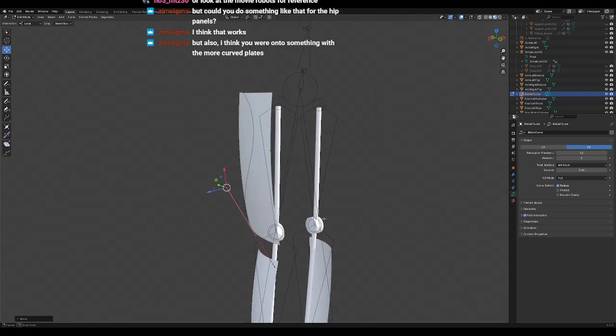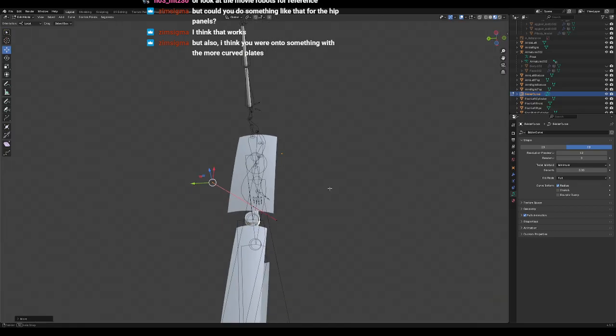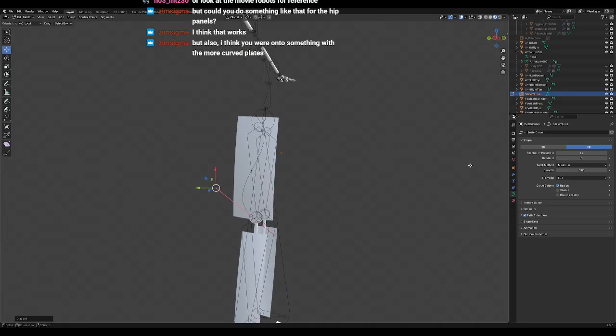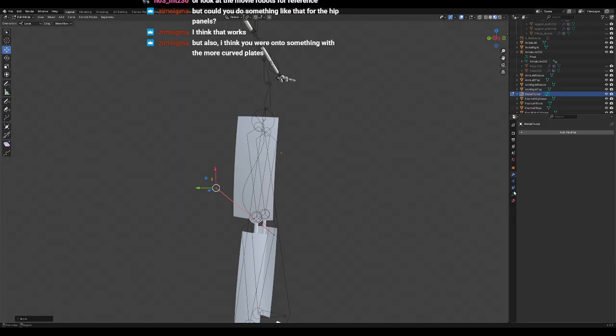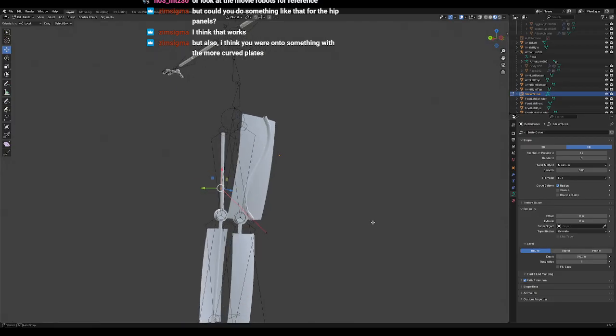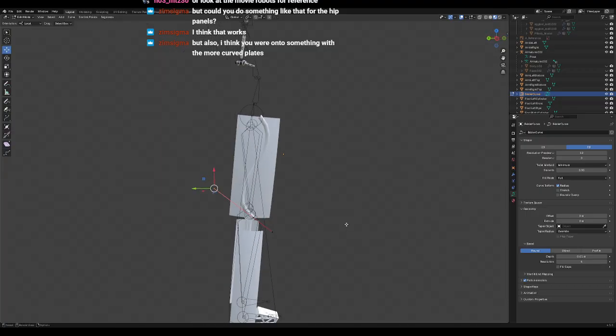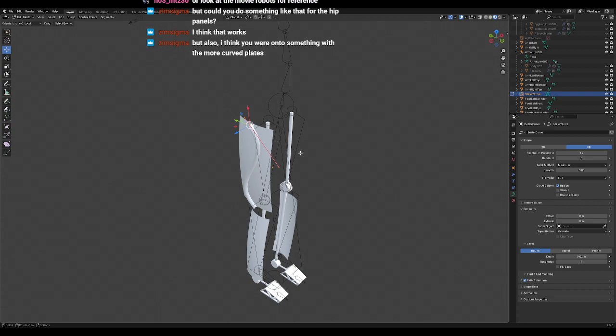Okay, maybe not that shape. But just as proof of concept, there should be an extrude in here somewhere. Yeah, depths. There we go. And then with that,